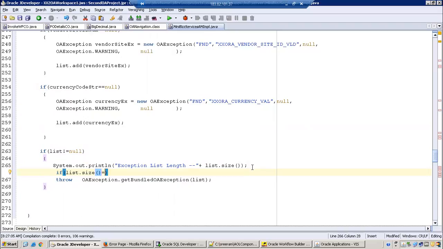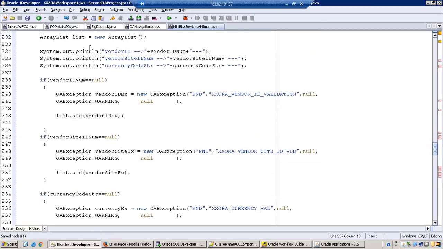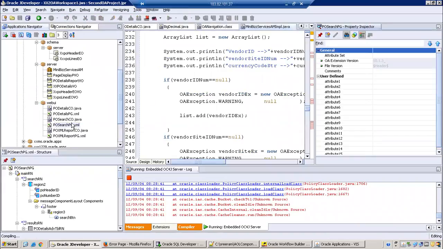Now this is what happens. We think everything is correct, but there is some issue, right? But now always check this. List size is greater than 0. Always check this. This is one of the very good things. List is not equal to null. If list size is greater than 0, then only raise an exception. Else don't raise it, else it will give a null pointer. That is what we observed, isn't it? Yeah. Okay, I was checking the total opposite. First time we are.